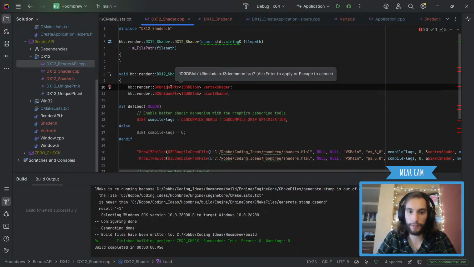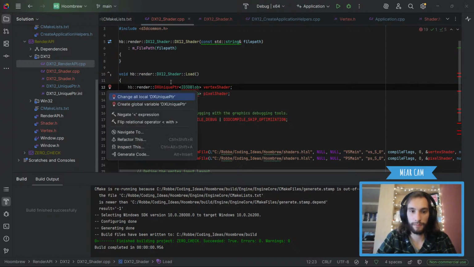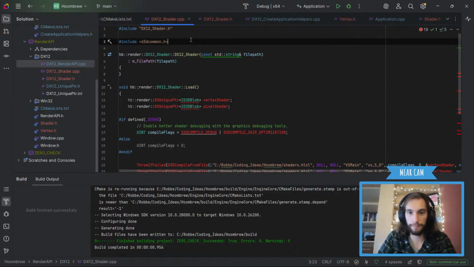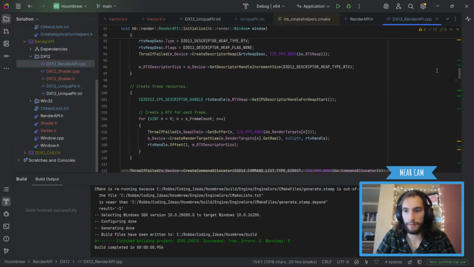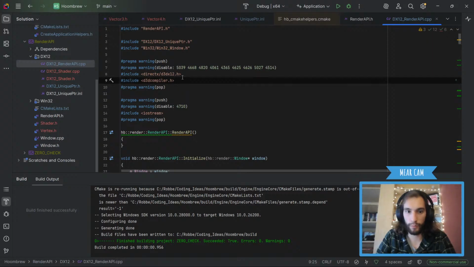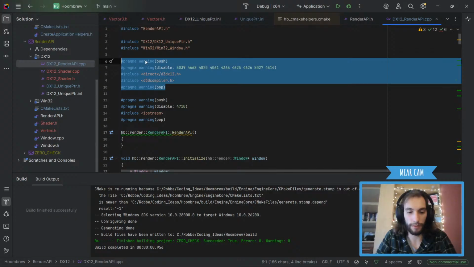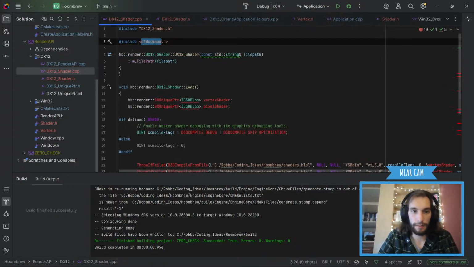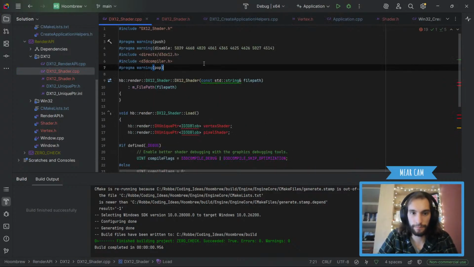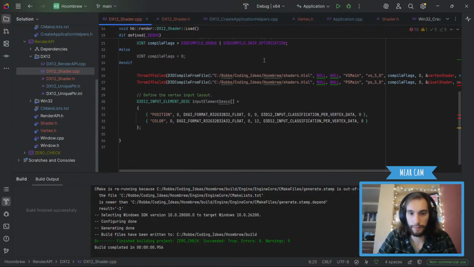We need to include unique pointer. No, we don't need DirectX 12 common. We need this one and this one. Basically this. Okay, so copy that and paste it in here. That will fix all of those things.